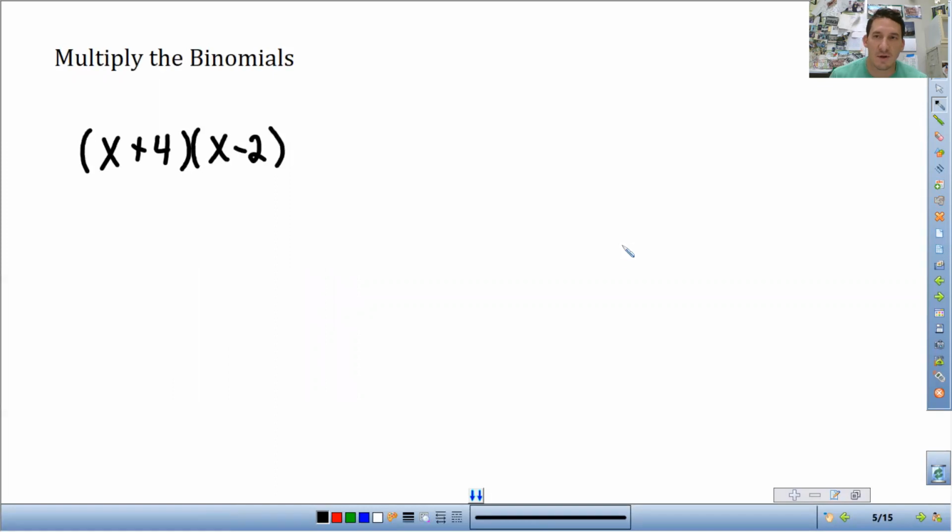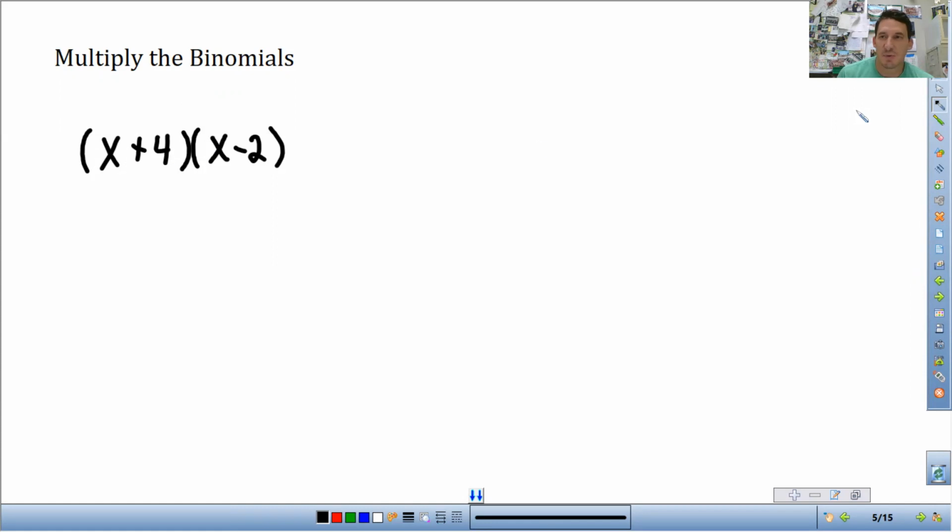Next, what we're going to do is we're going to multiply the binomials. All right, there's a couple different ways to think about it. There is a split and distribute. There is a FOIL. Some of you might be familiar with FOIL. Take a peek. No, I didn't write FOIL there. Basically, what is happening